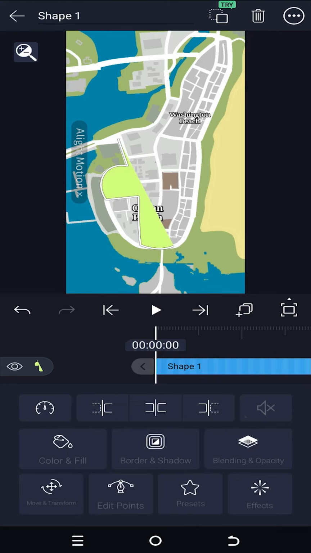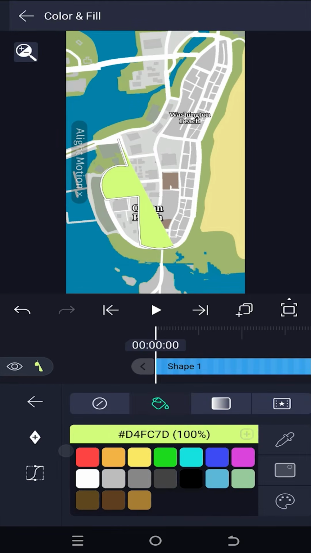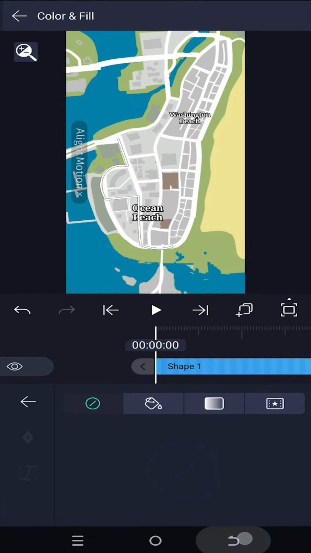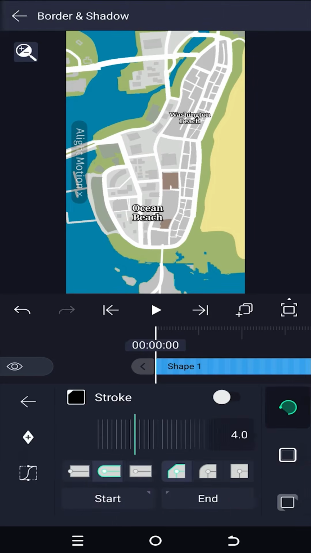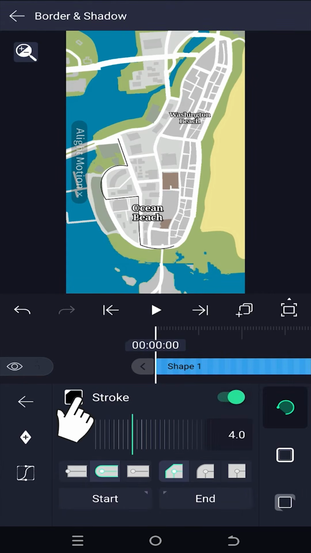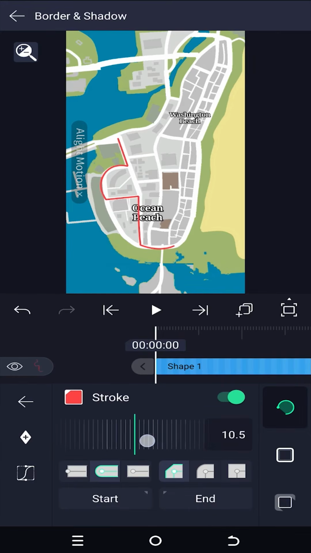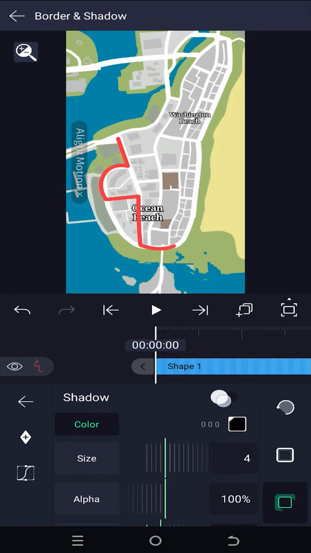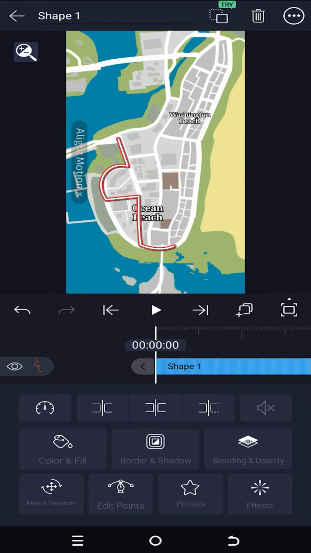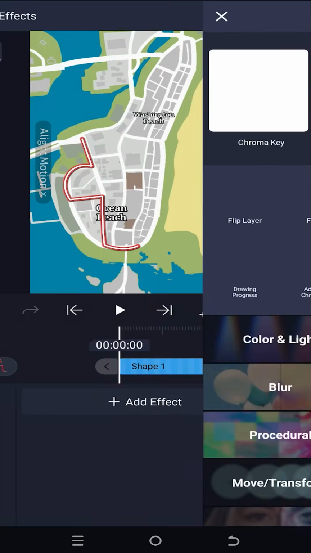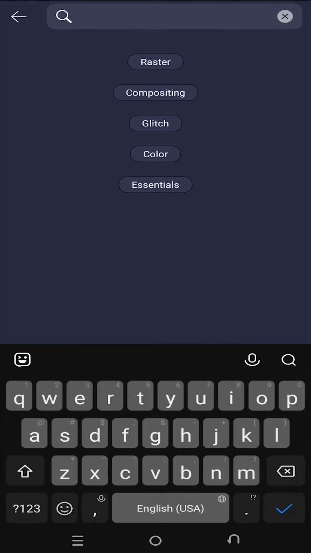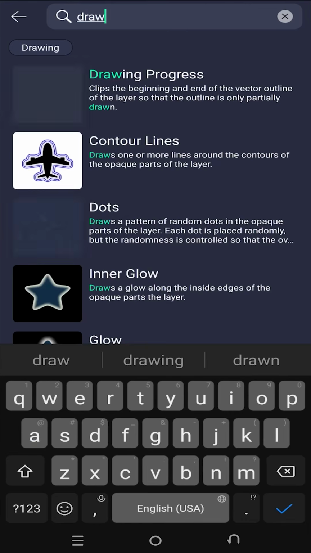Go back, color and fill, disable the color, border and shadow, enable the stroke color, totally up to you, stroke width, enable the shadow for extra effect, go back, effects, add effect, go to search bar, search for drawing progress,